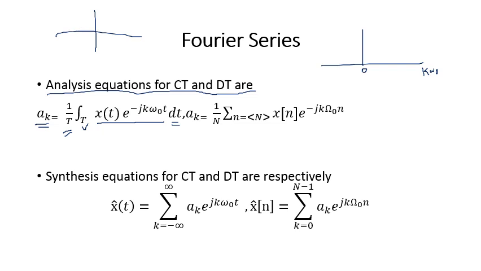So for example, we have some waveform like this. By looking at this, you can say that it will have a DC value. The DC value is the average value over one period, so k equals 0 represents the DC value. If it consists of some DC value, it will be plotted here. The next value will be k equals 1, whatever value, whether positive or negative. This is not the Fourier series coefficient for this signal; I'm just writing the generalized one.